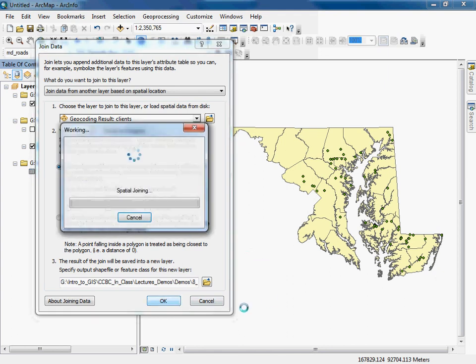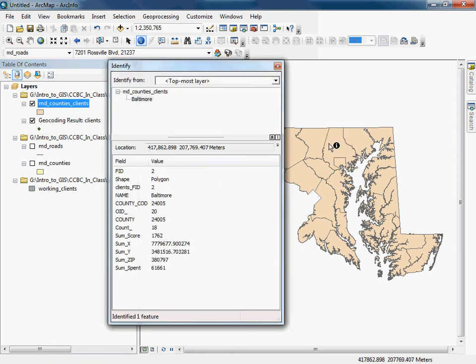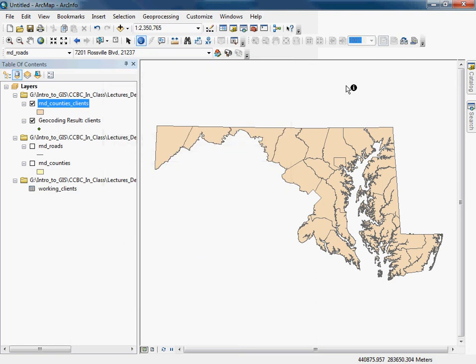So when I say OK, I'm going to run that spatial join. And you can see that it changes colors, and that's simply because the yellow layer is covered up. So I'll just turn that off, and then this is the new Maryland counties layer that I'm interested in. And now I can click on any one of those polygons, and I can see that it's giving me a count that I have 18 customers within that particular county, and those 18 customers spent over $61,000 in a given year, in a given time span,